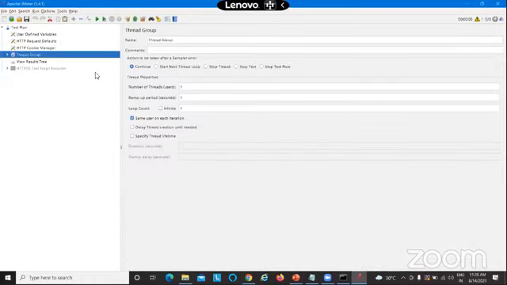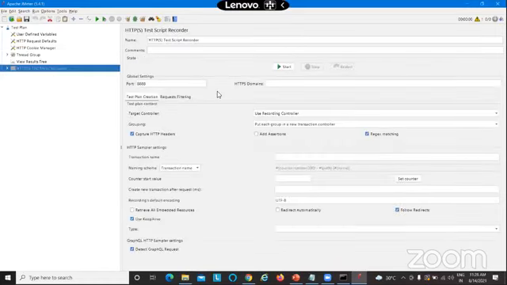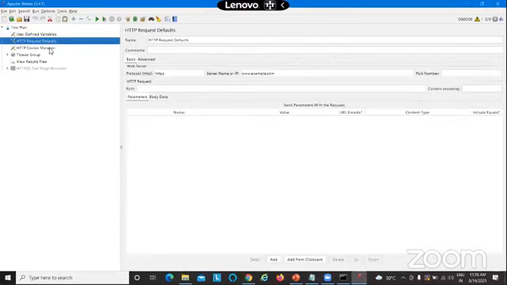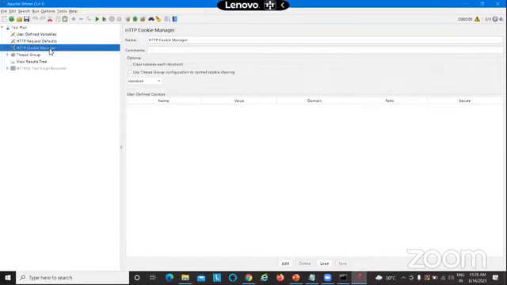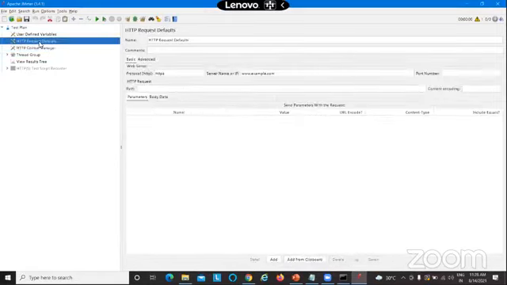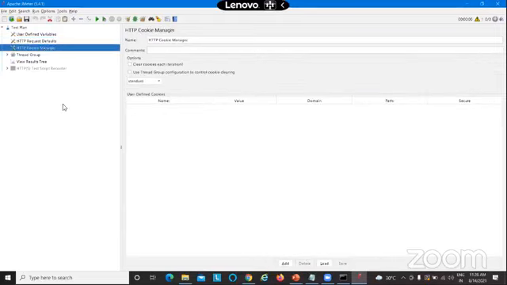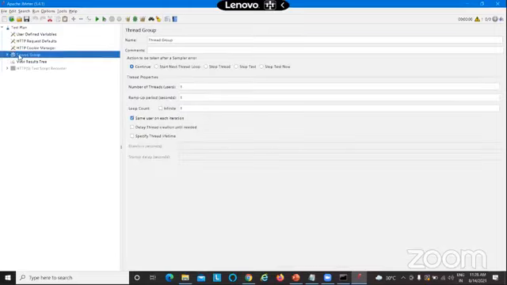So see, these are the thread groups, like the different thread groups are there, and this is the test script recorder. So you will get it as a template. The advantage of the template is you get a lot of configuration elements with it. Otherwise, you have to manually add those. So there are some configuration elements for request defaults, cookie manager, even for cache management. And it comes with a thread group.